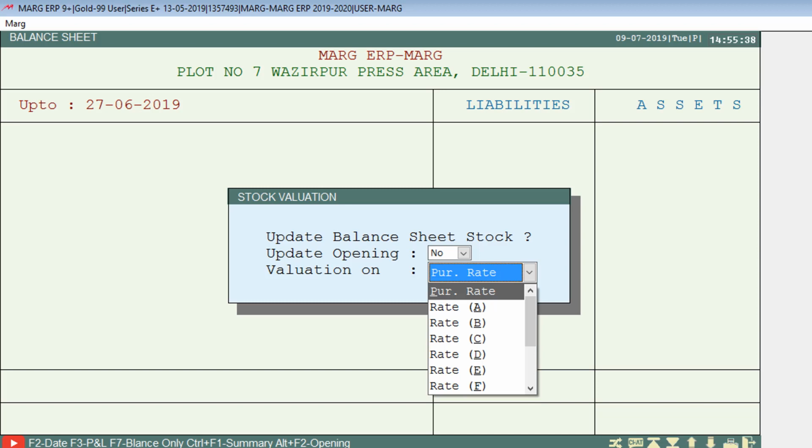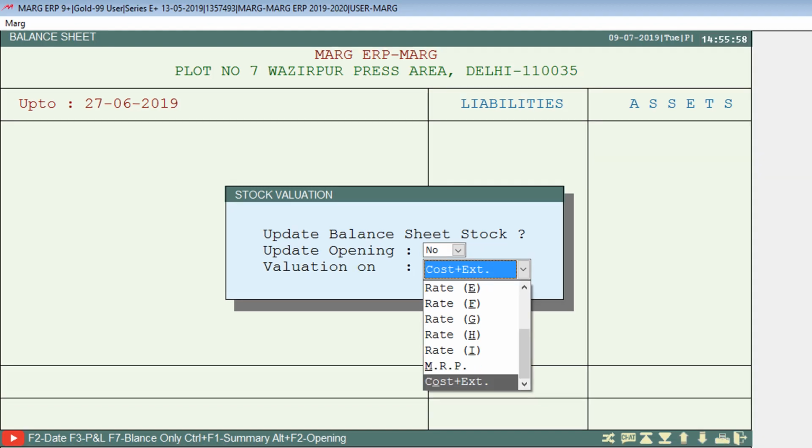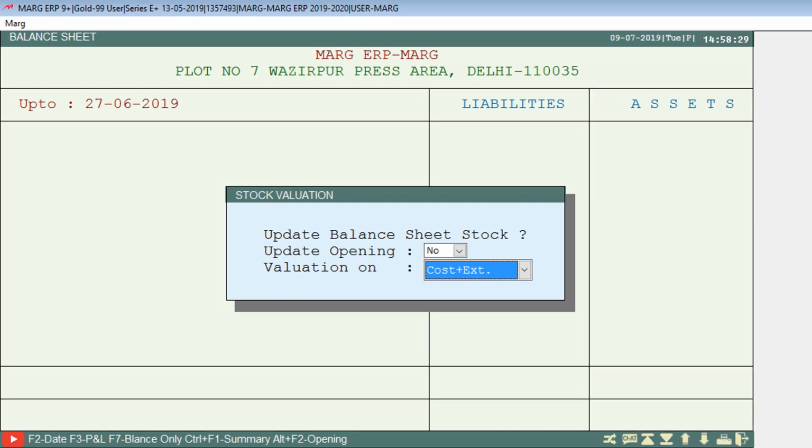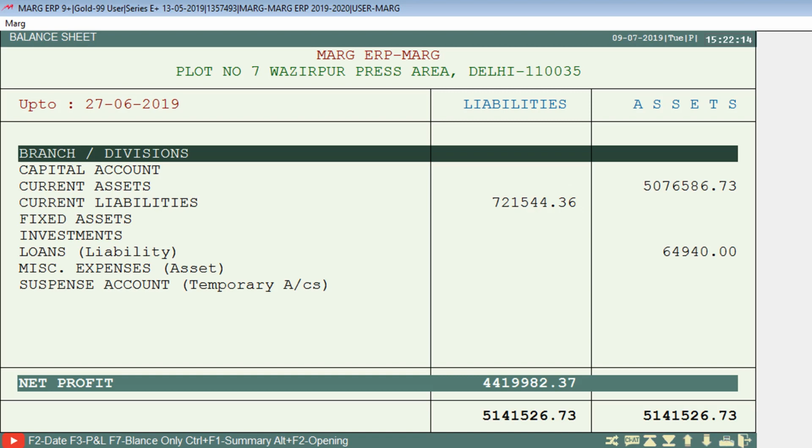Like on purchase rate, rate A, rate B, rate C, MRP rate, cost plus extra and so on. So suppose we select cost plus extra and then press the enter key. So you can now view that the balance sheet statement is displayed as per the defined settings.